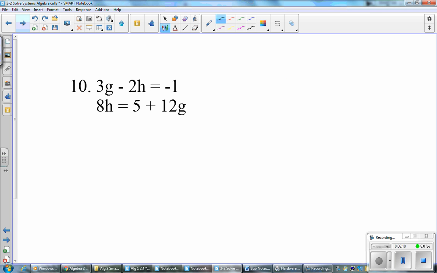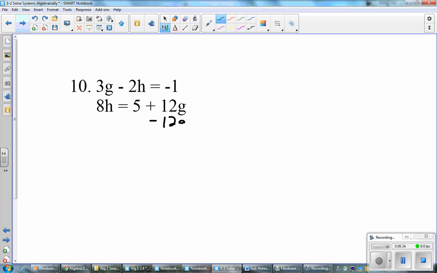So one more problem, just to try it out. It's 10 on your homework. If they give you something like this, you have to decide, do I want to substitute? Do I want to eliminate? Which would I like to do? This one's not set up for either, so we're going to have to do a little manipulation with either of those. I'm thinking, why don't we